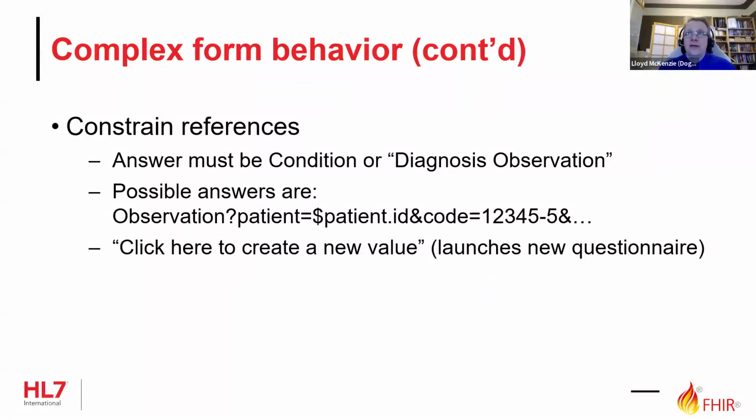But the core specification just lets you say, this question is of type reference. It doesn't let you say reference to what. So is it a practitioner, or is it a location, or is it a document reference? And it also doesn't let you say, and by the way, I don't just want any document reference, I want document references with codes that look like this. Or I want document references found on such and such a server, or patients found on such and such a